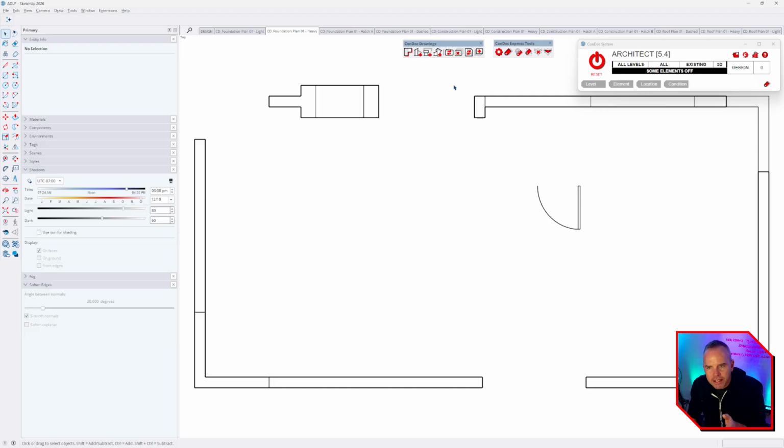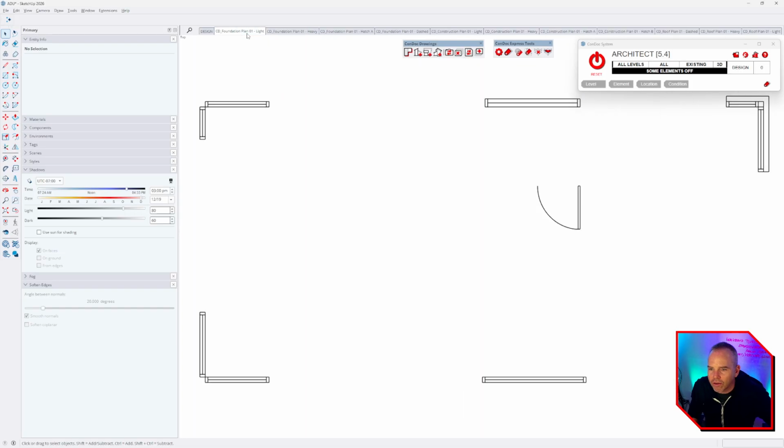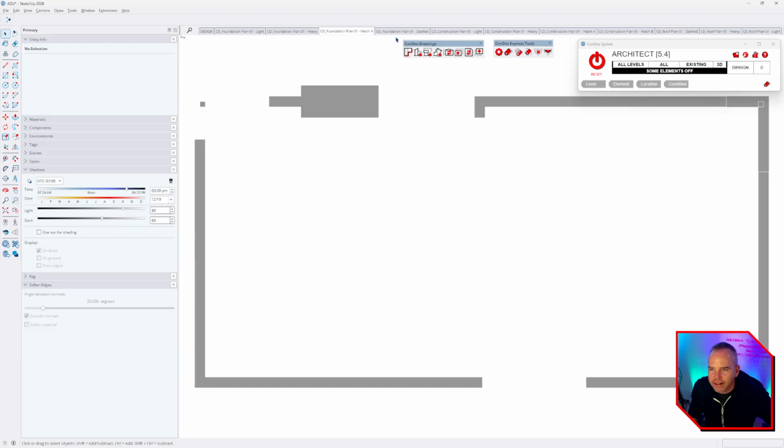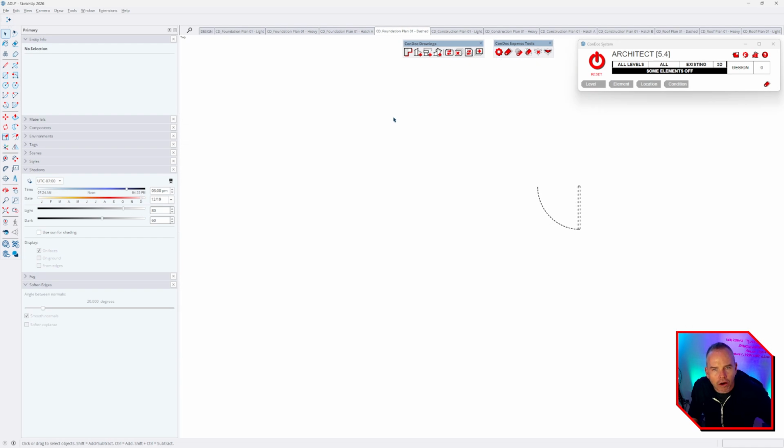And what that does is it updates the camera on all of the scenes associated with that drawing. So now light, heavy, hatché, and dashed are all updated. And it keeps me out of that scenes dialog. And you know, it's nice to just save some clicks for sure, but also it's these opportunities for